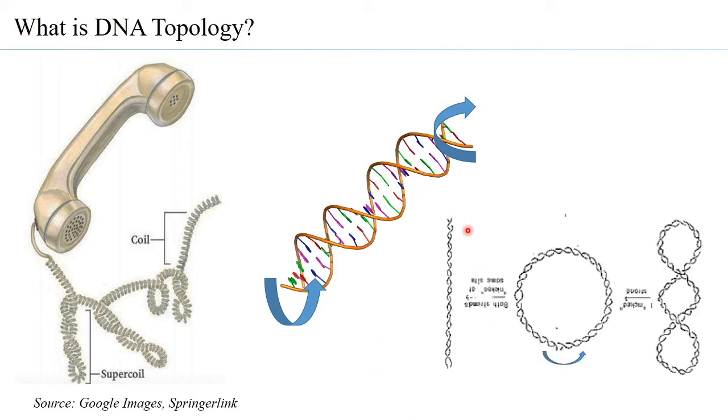Now, suppose you take this linear DNA and covalently link both the ends to form a circular DNA, a closed covalent circular DNA. If you twist this DNA, you will find that the helical axis can twist over another. So the double-stranded coil is coiling further, and therefore a supercoil is being formed. What we are looking at is that when it is a linear DNA which is free at both the ends, you will not observe supercoiling.